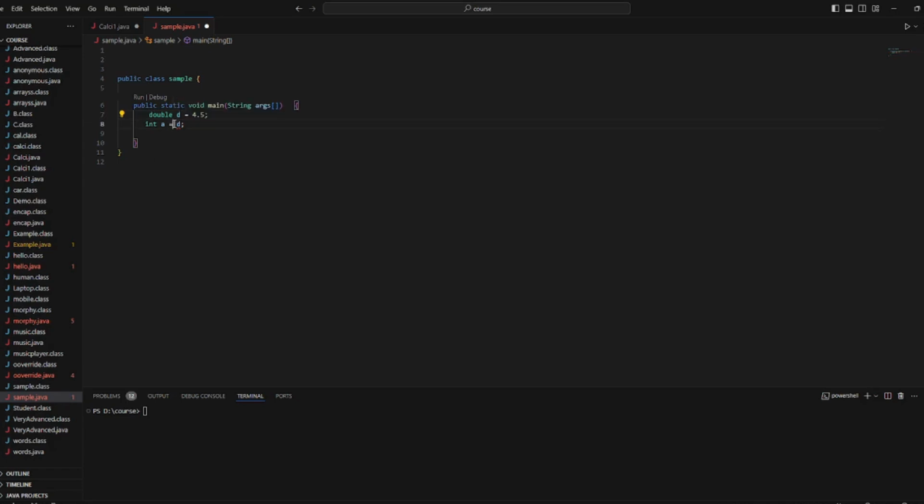So what we can do is typecast it. Inside the parentheses, we mention what to convert it into. Now let's print this and see.